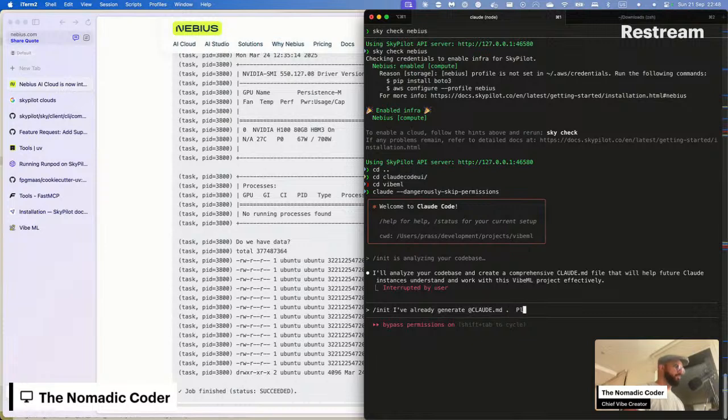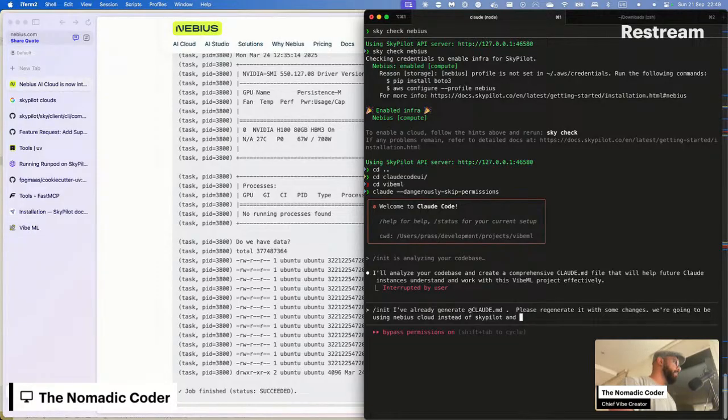Some changes we're going to be using: Nebius Cloud instead of SkyPilot.